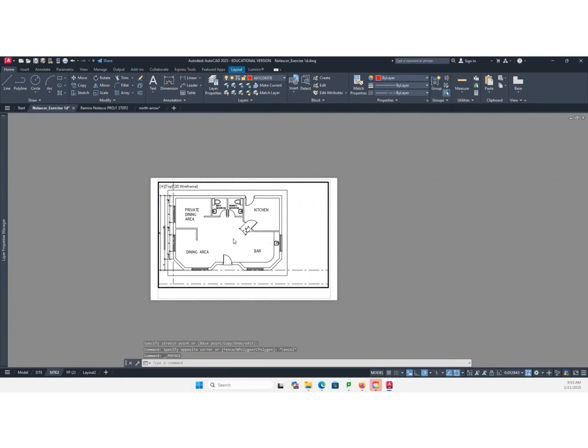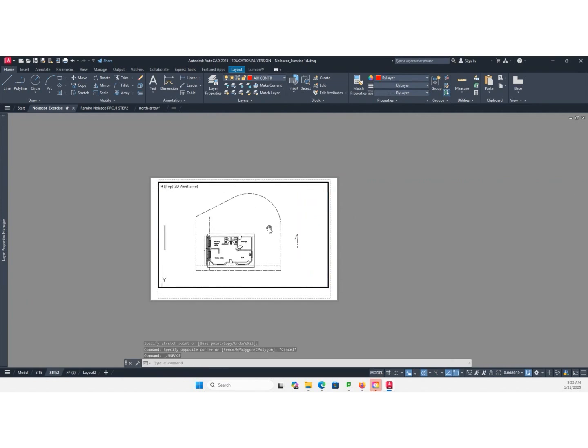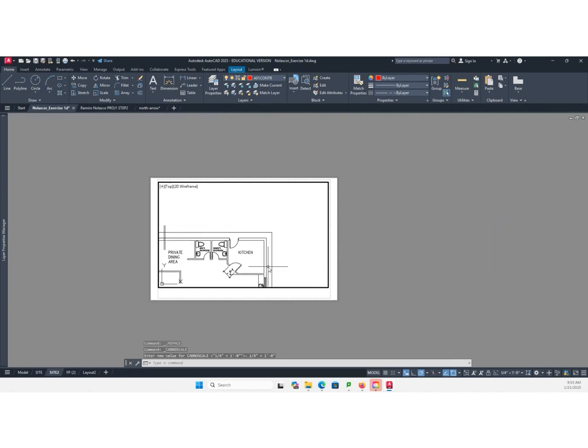And we want to know the scale. Again, before you add your annotation, remember the rules. If I say 1/4 is to 1, it will not fit. So I need to go to a smaller scale, maybe 1/8 is to 1.